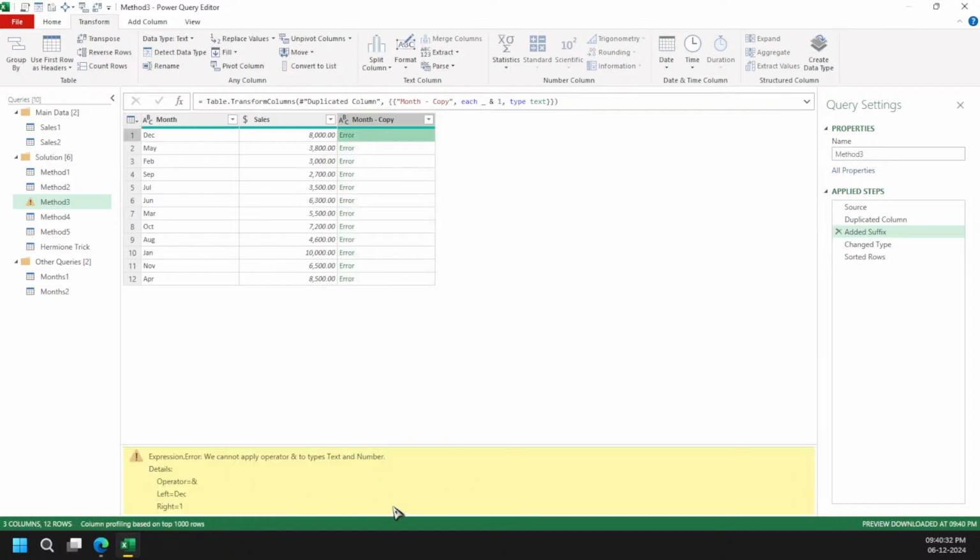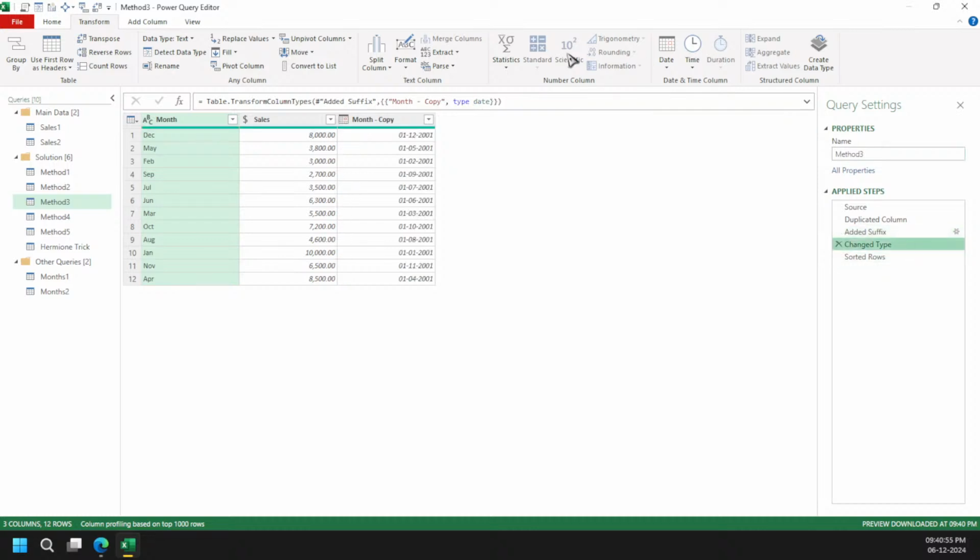And what the error says is you cannot concatenate text and number. Okay, so that's the problem. Power Query is very data specific, you can say. So now we are going to start analyzing the code. Here you can see we have concatenated with the text part. And then see, we have converted the text part into a date format.